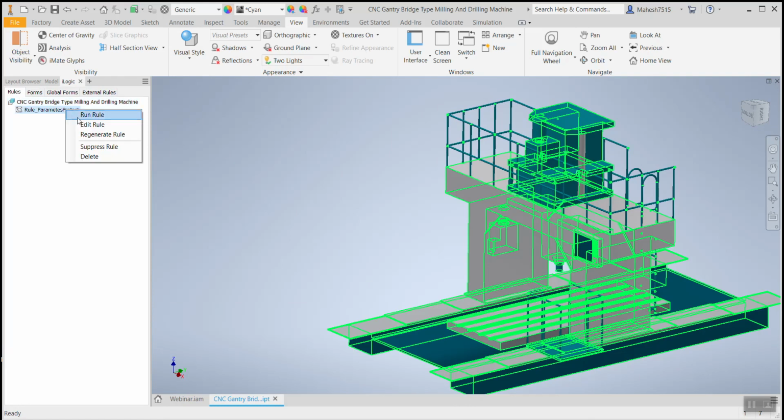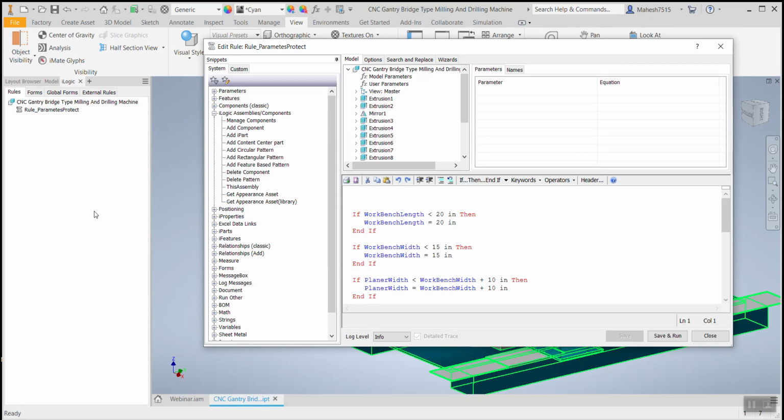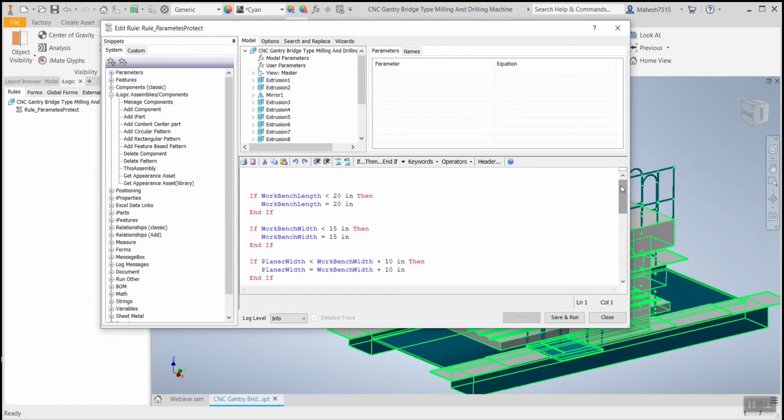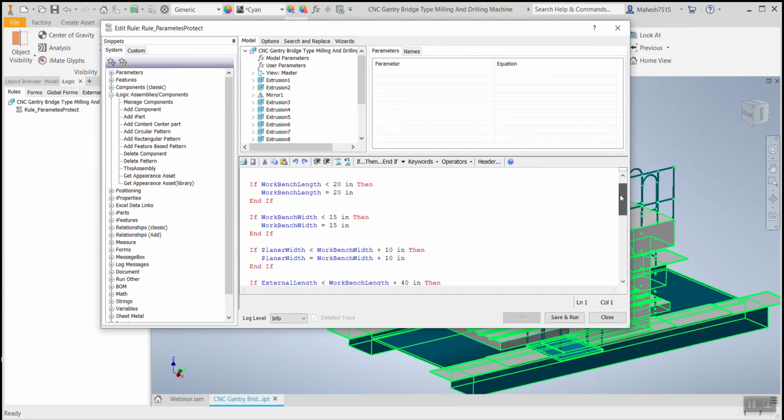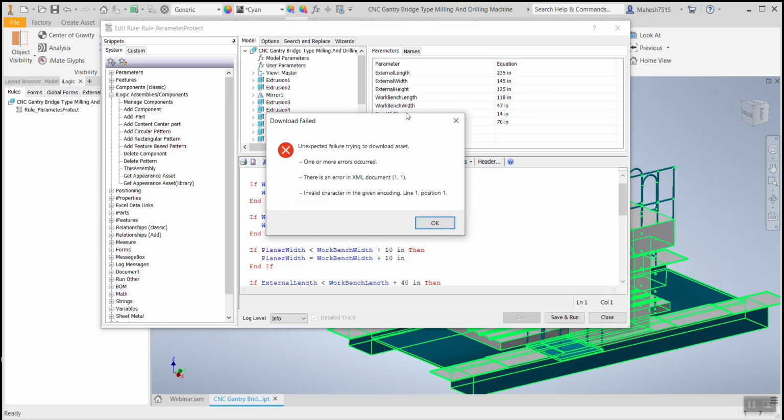We have a pre-built rule there. Say edit, and you can see the rules which they have created for us for controlling the components in factory. With these user parameters and model parameters in hand, and also with these programs in hand, we can go over and explore the program: for which condition they have used these programs and how it works. It actually helps us to learn iLogic through these components.